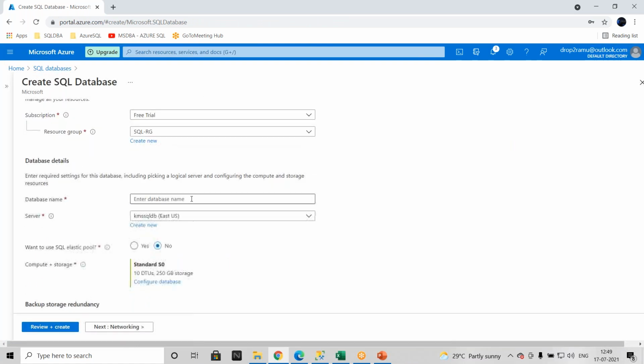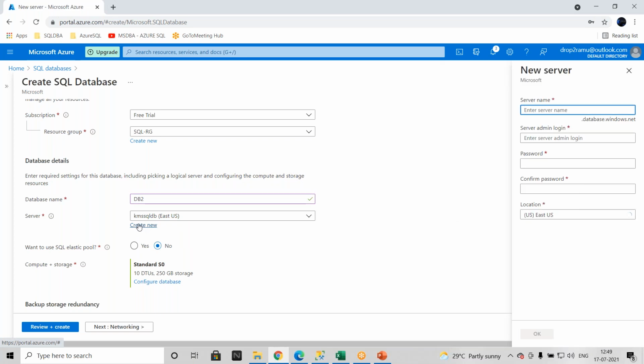My database name I'm choosing as db2, and this is my logical server. If one already exists, you can select the same logical server. If you want to create a new logical server, you can mention your own logical server name as per your application team, VM1, and the admin.